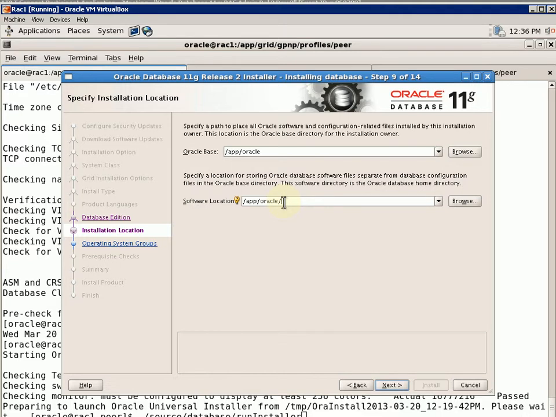Okay, so the top one is your Oracle base. That's also going to be your ADR home, Automatic Diagnostic Repository home. The bottom setting is your software location. This will be your Oracle database home. So usually the convention would have you specify things like this: product 11.2 or